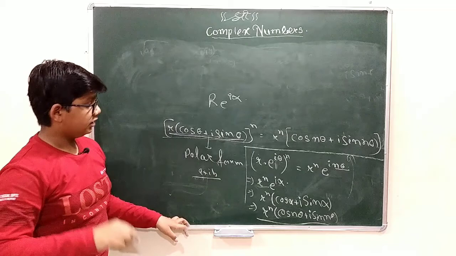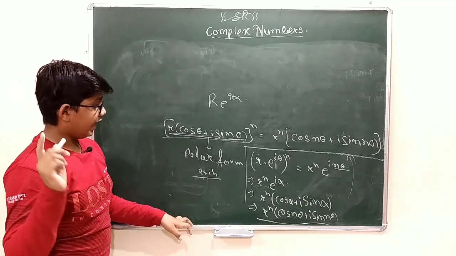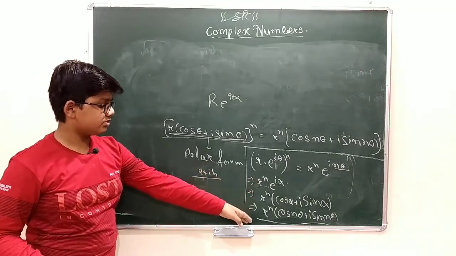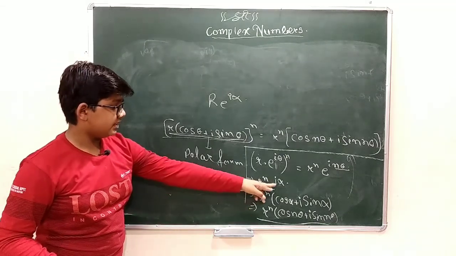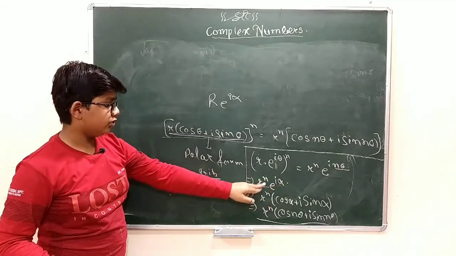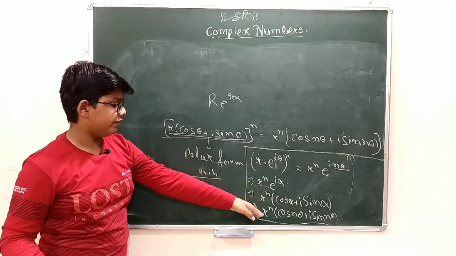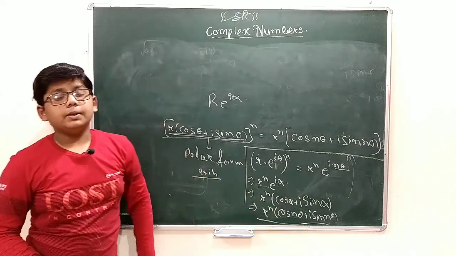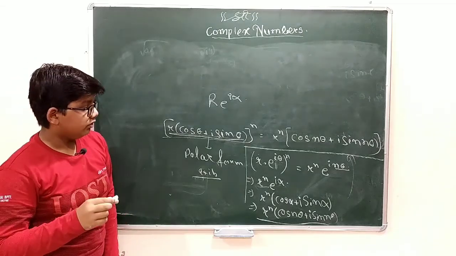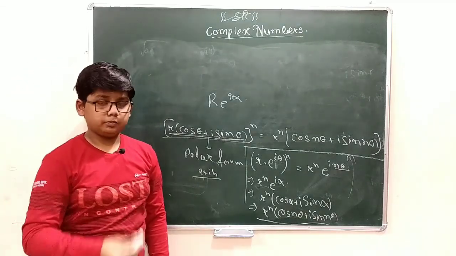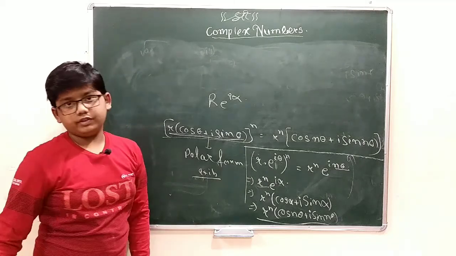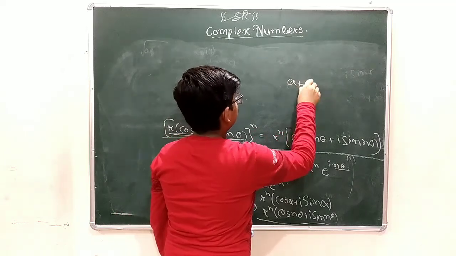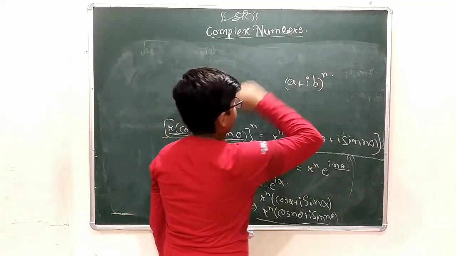Instead of using method of induction and binomial theorem and writing so many steps with chances of mistakes, we can use this also. That is replacing n theta as alpha, r to the power n in the format of polar form, simplifying it, then we'll get r to the power n into cos n theta plus I sin n theta. This is all about de Moivre's theorem. Now we know what is polar form, trigonometric form, exponential form, Euler's identity, and also de Moivre's theorem, which means that we can find (a plus ib) whole to the power n.